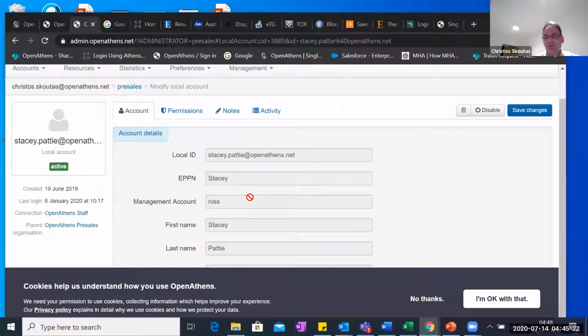And that's because it's on that directory level, so you have to change it at that local directory level for it to then be passed through OpenAthens. So you don't have to worry, if a user leaves your organization, that you have to delete their account. Once they leave that directory, they will also no longer have access to resources via OpenAthens. But one thing that you can do, though, is disable that account. And that's very important